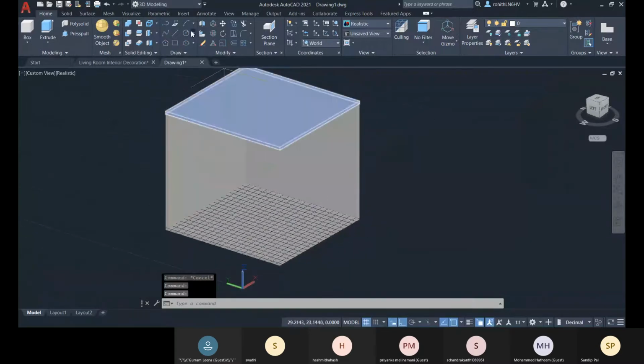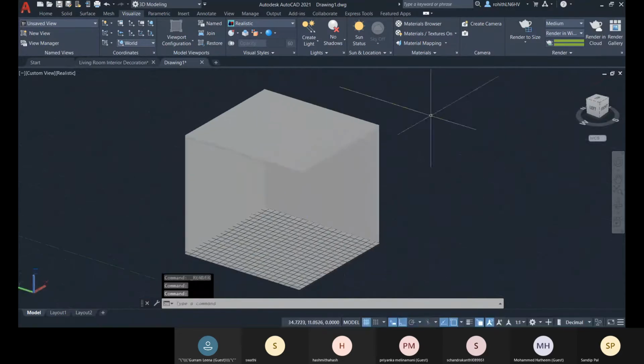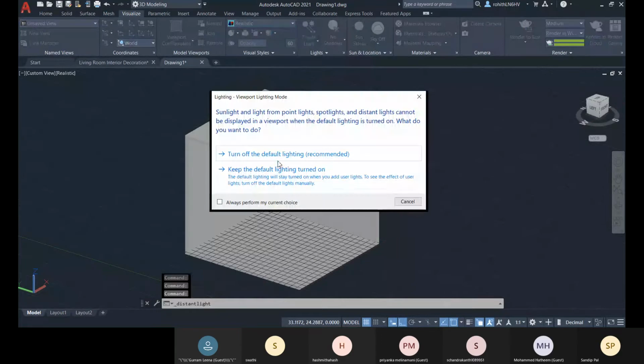So if I go for this render to size, with this natural light, now let me go for create light. So it will ask you to turn off the default lighting, so that is recommended.